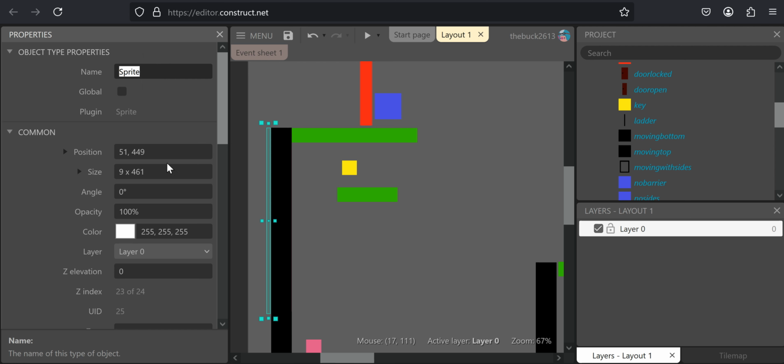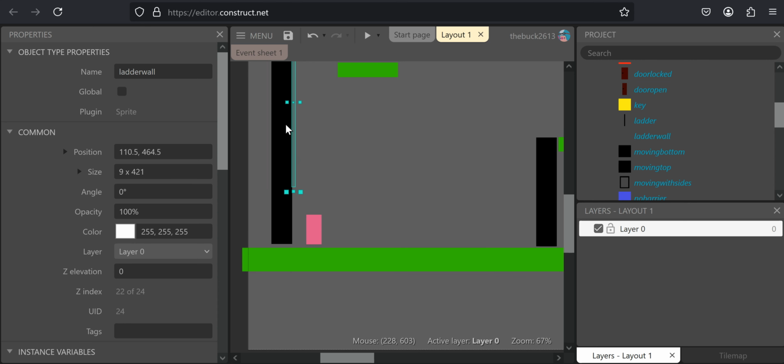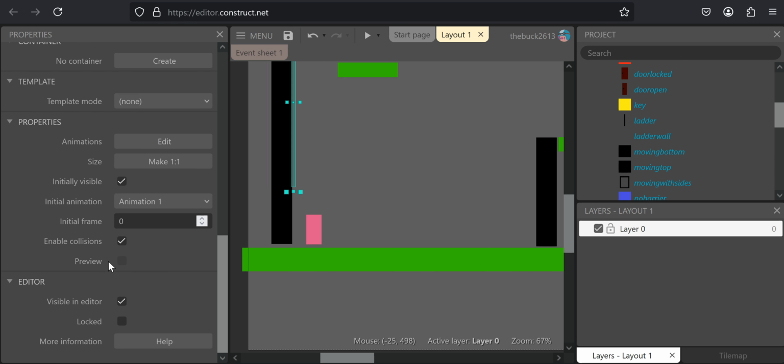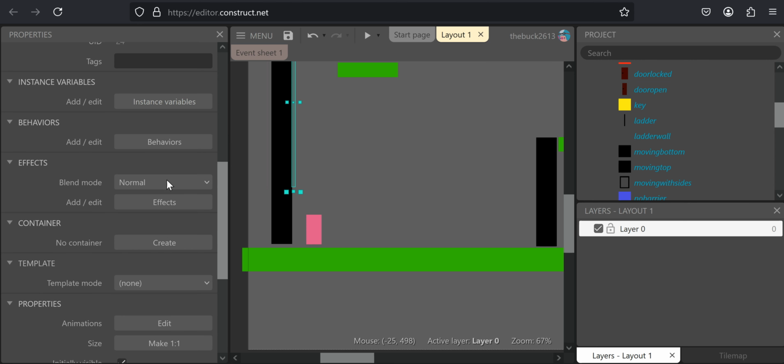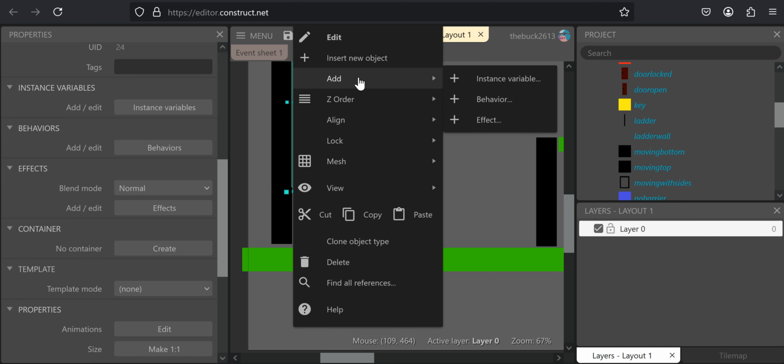So now, sprite, we need to name it. So we're going to call it ladder wall. So that clear instance and that clear instance is named ladder wall. And we are going to set down here, or if there's just too much going on and you can't find the behaviors, feel free to right click the invisible thing, add behavior, or as before, yes, I know I'm repeating,